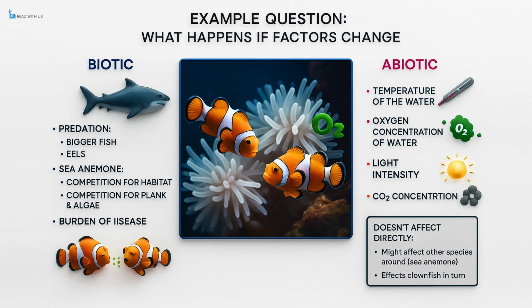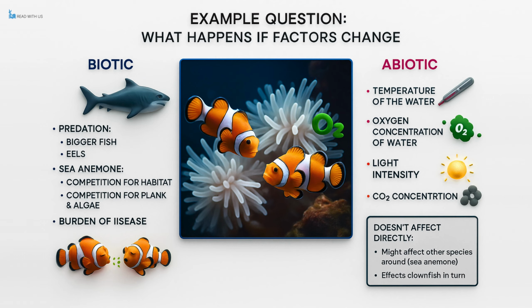Exam-style questions on this topic often ask students to identify both biotic and abiotic factors in a specific example and then explain what might happen if any of those factors were to change. For example, let us consider a clownfish living in the ocean beside its sea anemone. Key biotic factors affecting the clownfish include predators like larger fish or eels that might hunt it, the sea anemone itself, which serves as a vital habitat and protector from predators, and the availability of food sources, such as plankton and algae. There might also be competition from other clownfish or marine species for both habitat and food, and let